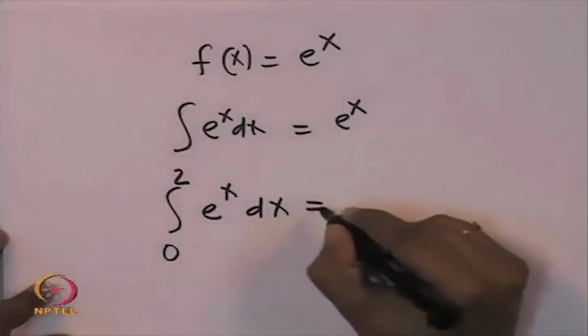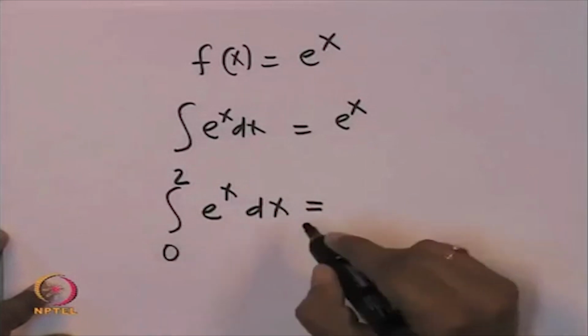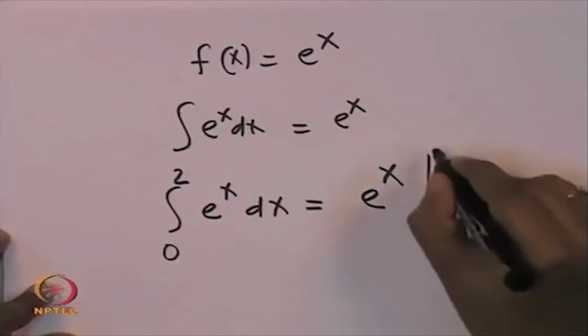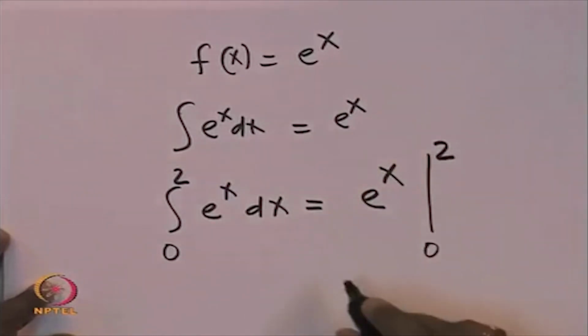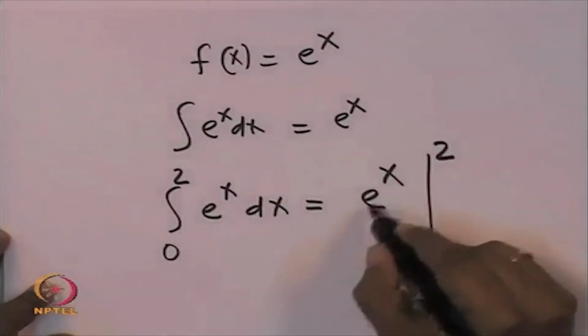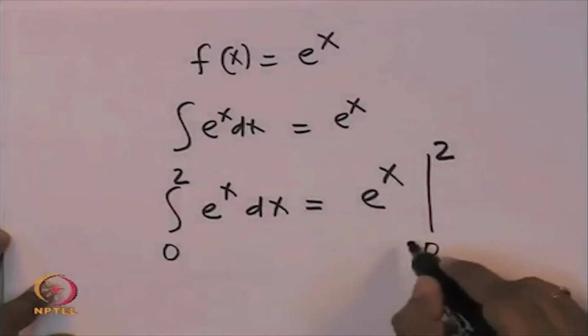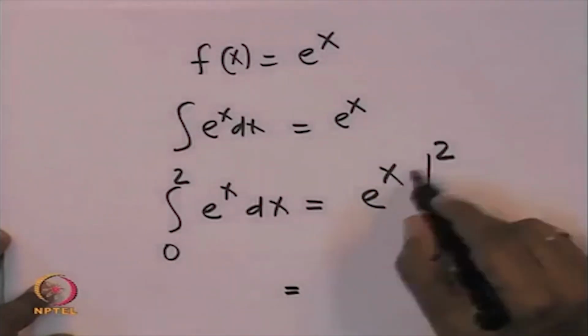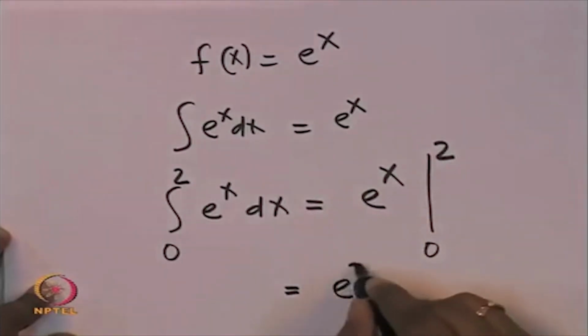Now, what is this? We said that this integral in the limits is e power x in the limit 0 to 2. So, this is the answer. Now, how do we apply the limit? What does this mean? This means that you substitute x is equal to 2 first, that is e power 2